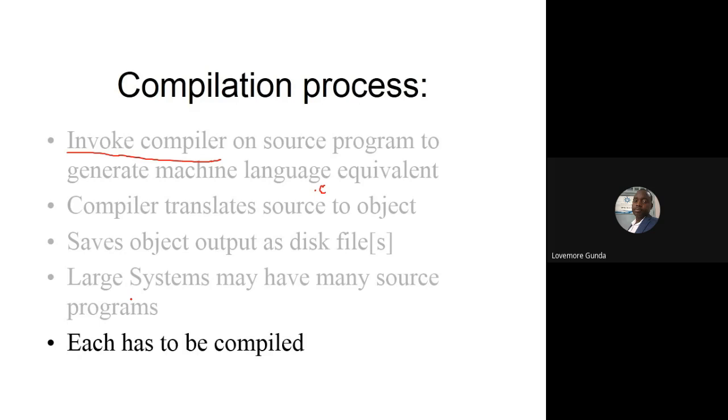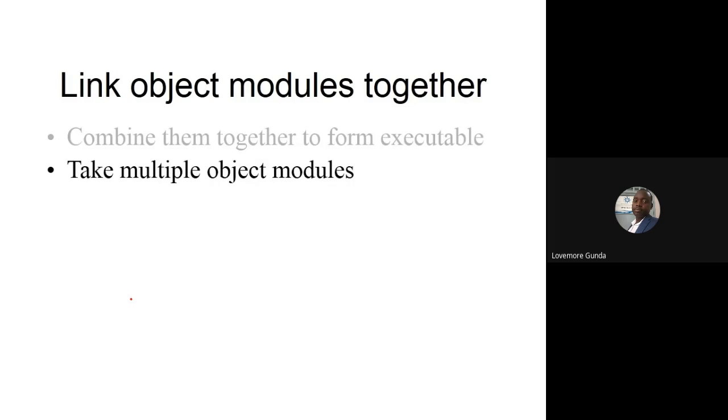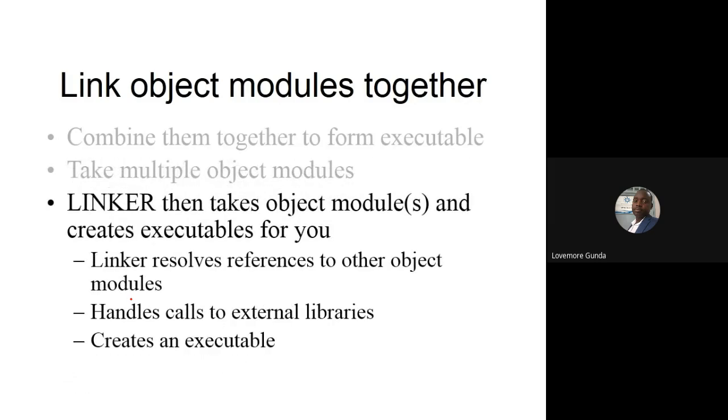Then each source code has to be compiled, right? Then how do you link the object modules? You combine them together to form an executable file. You take multiple object modules, then the linker takes the object modules and creates executable files for you. The linker will resolve references to other object modules and calls to external libraries, and creates an executable